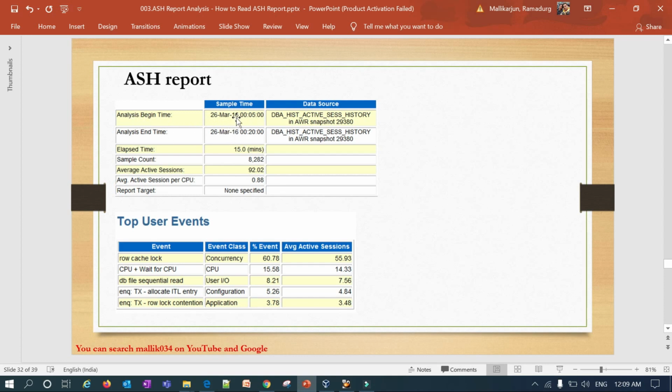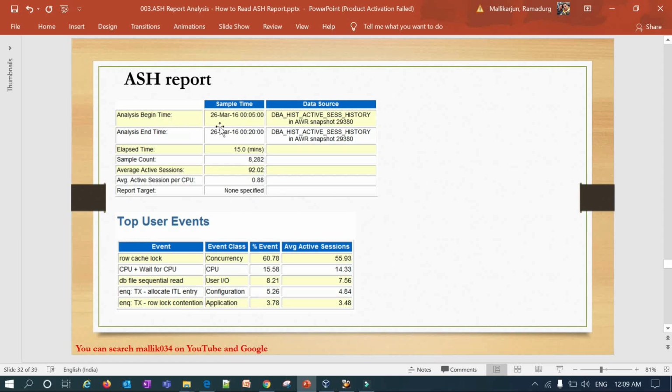You can mention, as I said, a begin time or end time, or you can mention the elapsed time like 15 minutes, 30 minutes, 1 hour, whatever timeline you want. Then it takes the DB history, active session history, and from that it takes the begin snap and end snap from the AWR snapshot.